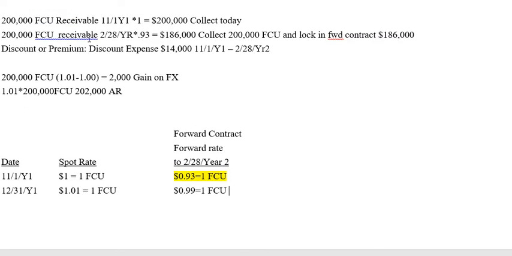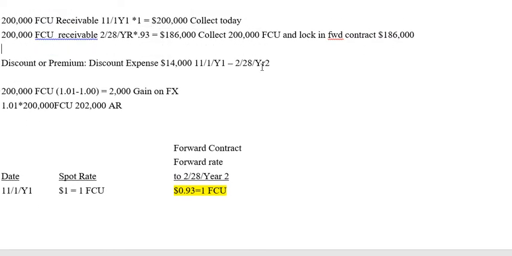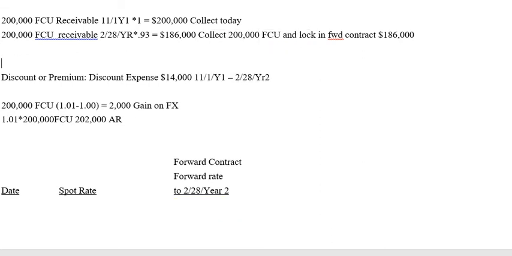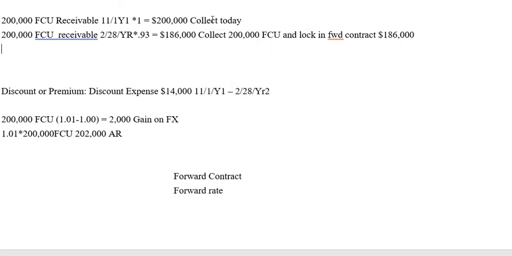Instead of locking in at 0.93 over here, and we can delete this, we already know about the discounted premium, or I'll just leave it, that's fine. I locked in at 186,000 in 4 months. Now it's 2 months later, somebody else walks in, same contract, receivable in 228, year 2,